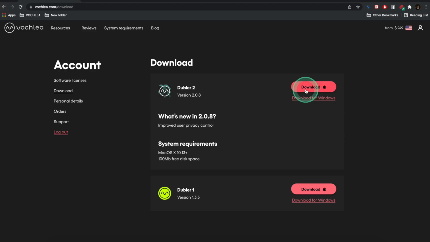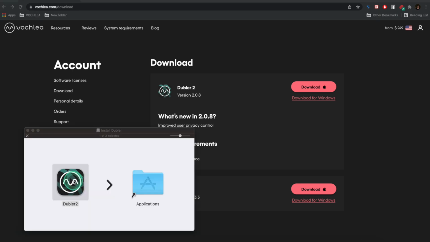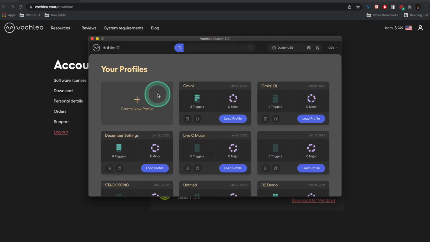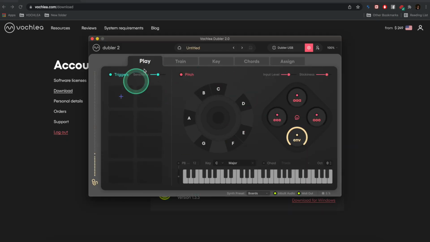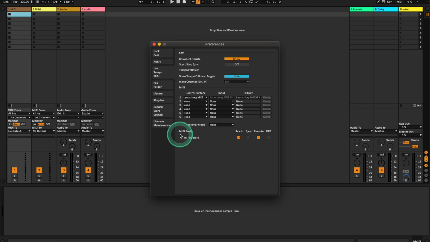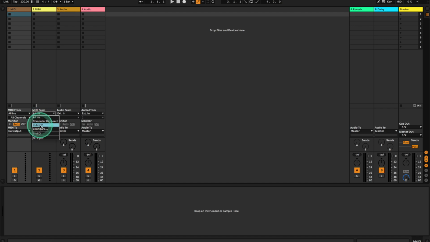We get lots of people asking us why Doubler 2 isn't appearing as a plugin in their DAW, or if there's a plugin alternative version to the standalone software. The short answer is that it's not a plugin. Once you download the software from your Voclia account and install it, you'll get the standalone app. With the app open, your DAW sees Doubler 2 as a MIDI controller, and it should appear in the MIDI devices section in your preferences, like any common USB MIDI keyboard, for example.